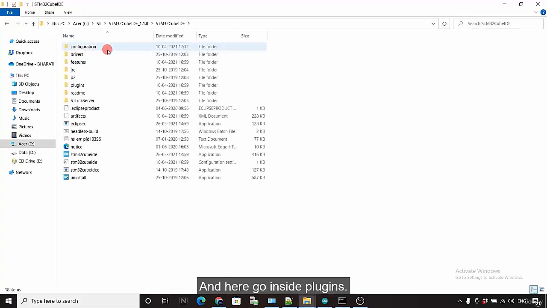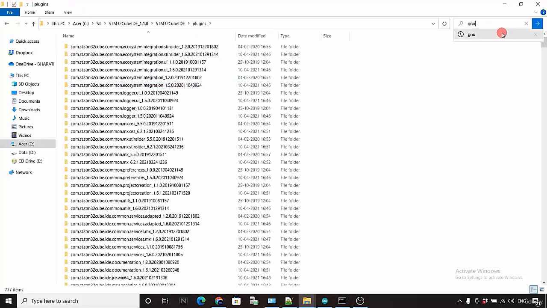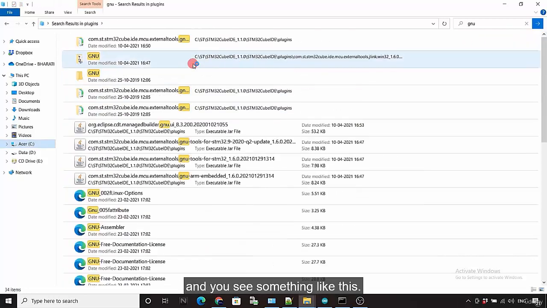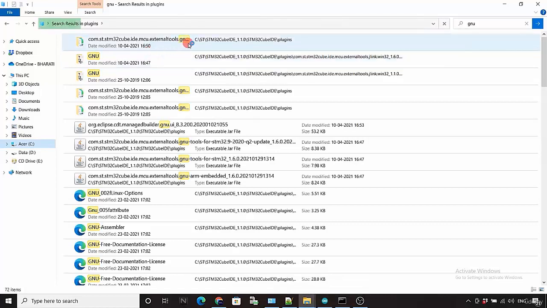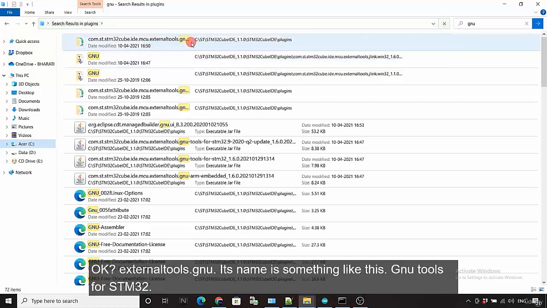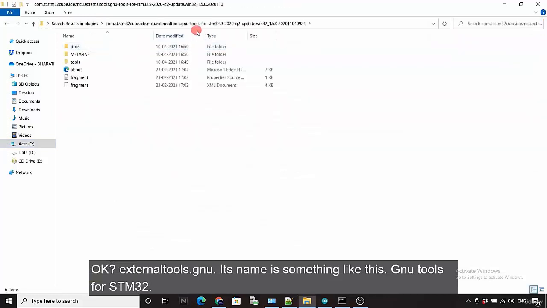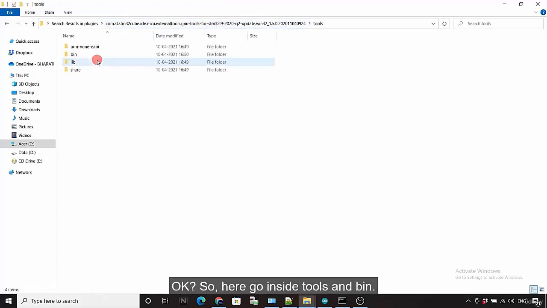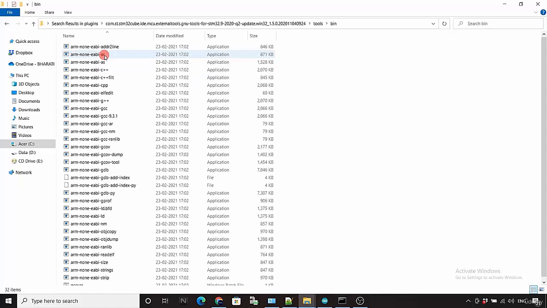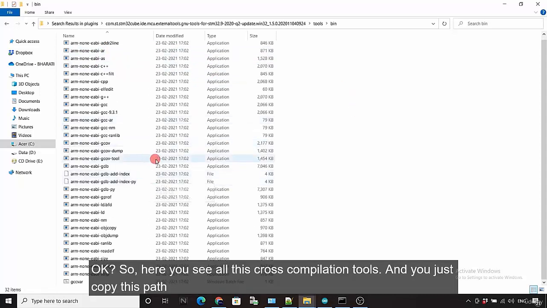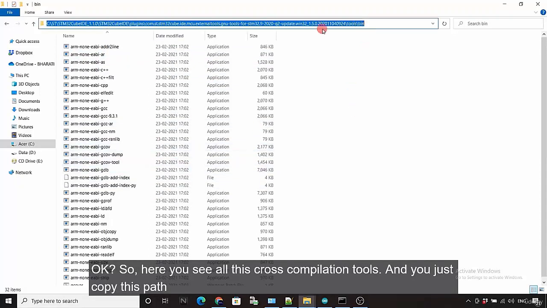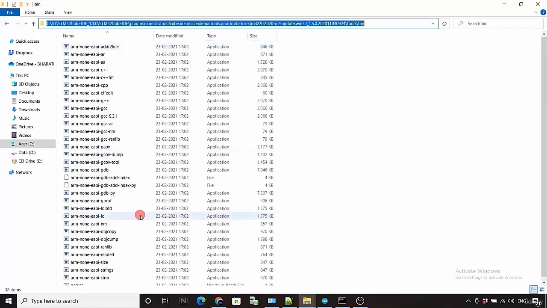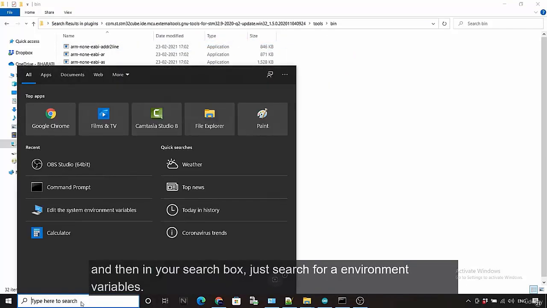Here go inside plugins, and just search for GNU, and you see something like this: external tools GNU. Its name is something like GNU tools for STM32. Here go inside tools and bin. Here you see all these cross compilation tools, and you just copy this path, and then in your search box just search for